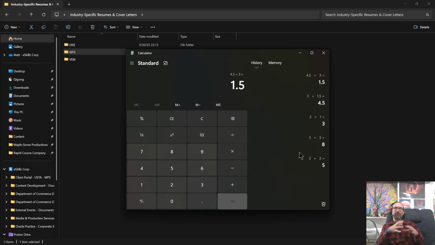But on average, if you have to do this, you can expect to spend at least an hour and a half per pair of cover letter and resume that are industry specific, right? Not generic, not completely tailored to the job that you're applying for. You're going to have to do that on your own if that's what you're going for. But it's closer to being tailored than it is generic, and that's what we want. And then we can inch closer to that depending on how much we want that job, or how much time or energy we want to give to it, what the results we're getting.